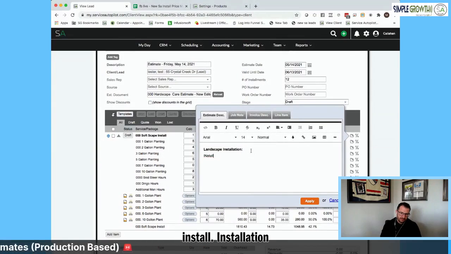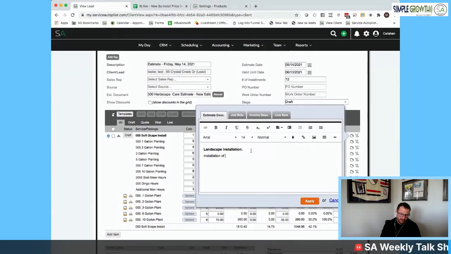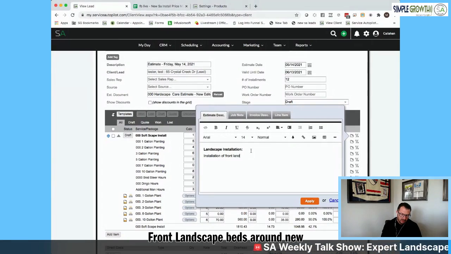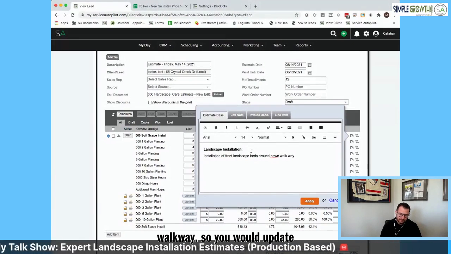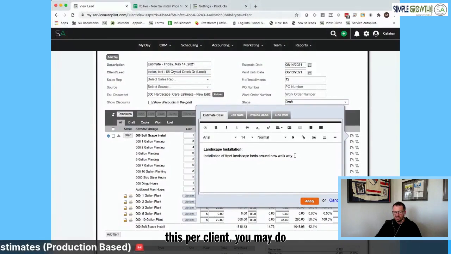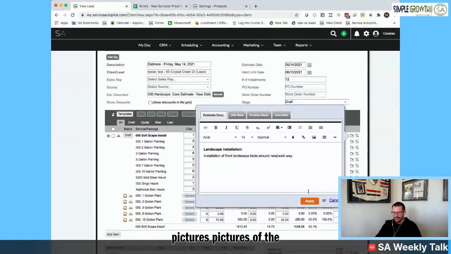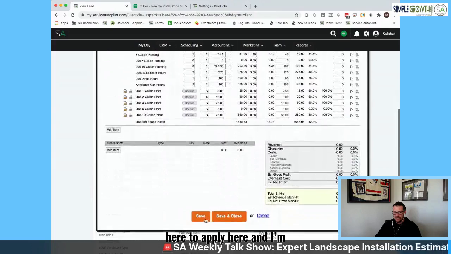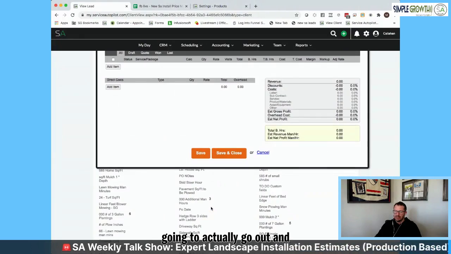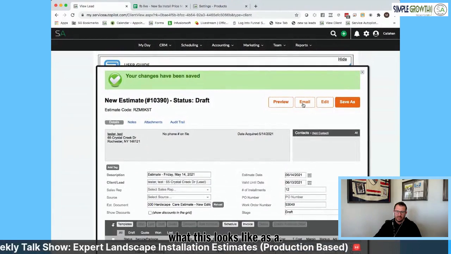installation, front landscape beds around new walkway. So you would update this per client. You may do some additional things where you may want to include some pictures of the products, things like that. You can do that on the product level as well. But I'm going to hit apply here, and I'm going to hit save, and we're going to actually go out and email this out and show you what this looks like as a